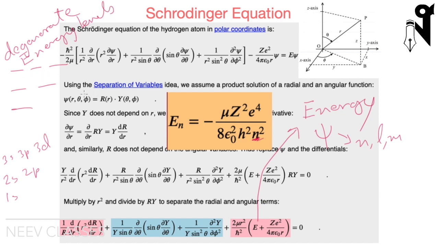So the Schrodinger equation gives us that they are at the same energy. By the way, the Schrodinger equation doesn't take care of the spin of the electrons. The spin was not known when the Schrodinger equation came. When you take care of the spin of the electrons and the mass, taking relativity into account, and correct your mass using relativity and take the spin into account, there is another equation,